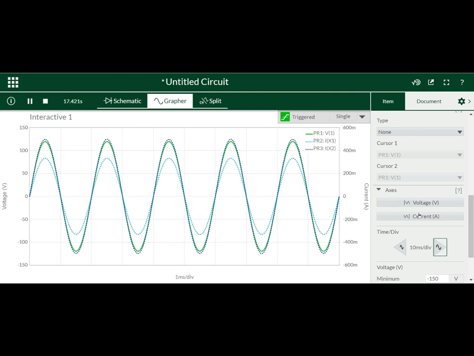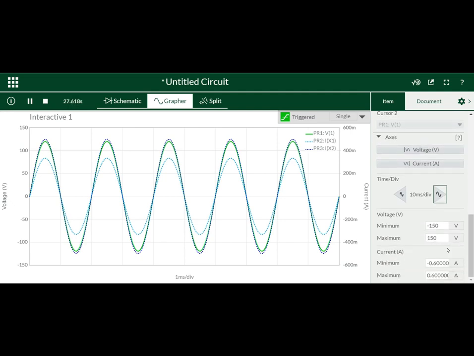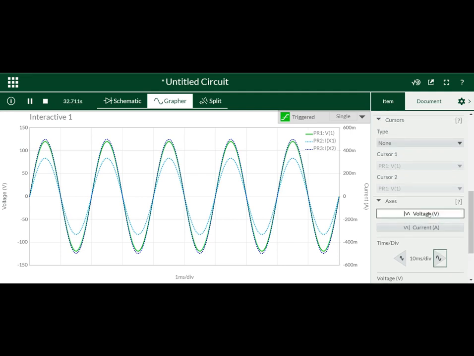Then I have to increase the time per division, so 10 millisecond or 5 millisecond per division. If you see, the voltage and the current waveforms are in phase.